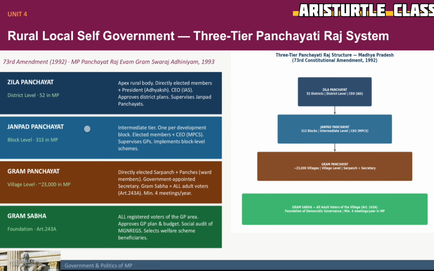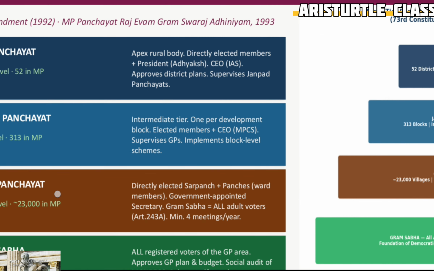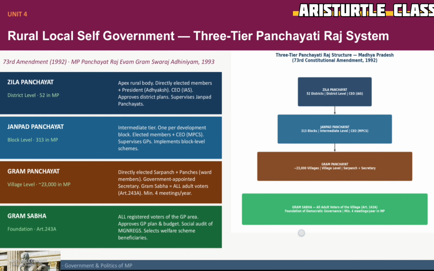When we conduct the panchayat elections, we vote not for only one person. We do not only vote for our sarpanch. We vote for four persons: our ward member, our sarpanch, our janpat sadasya, and our Jila Panchayat sadasya. So they go and sit here. In the same way, we have a Janpat Adhyaksh, we have a Gram Panchayat Adhyaksh, who is actually the Sarpanch,